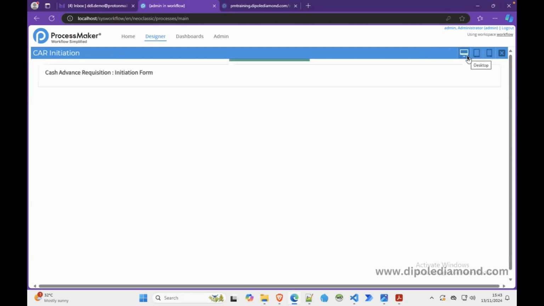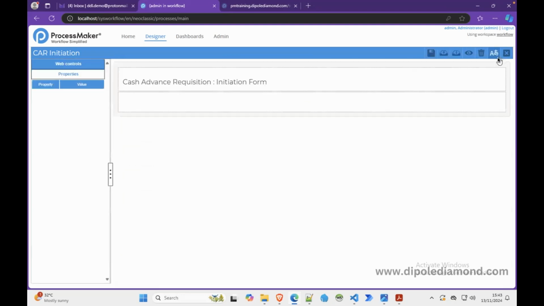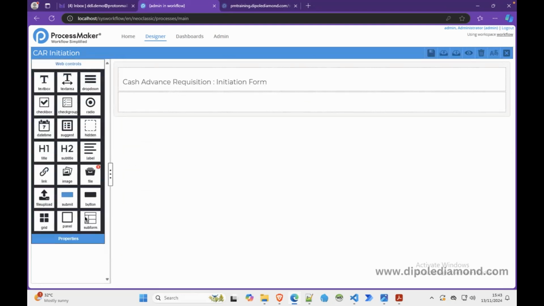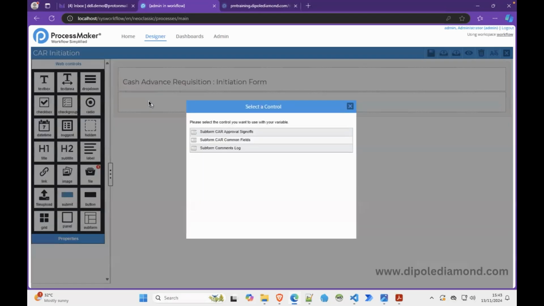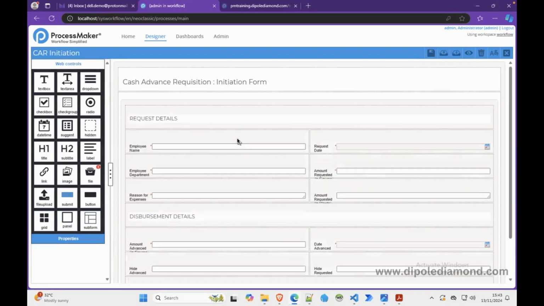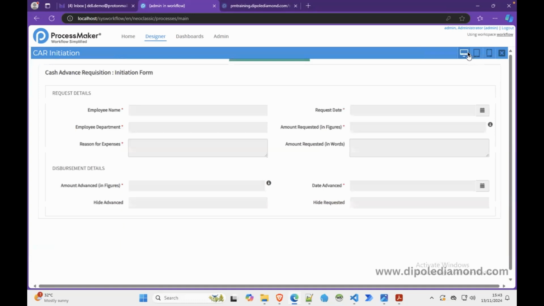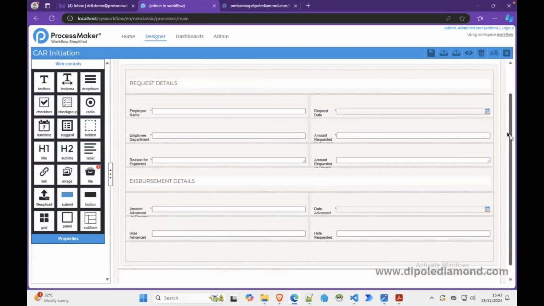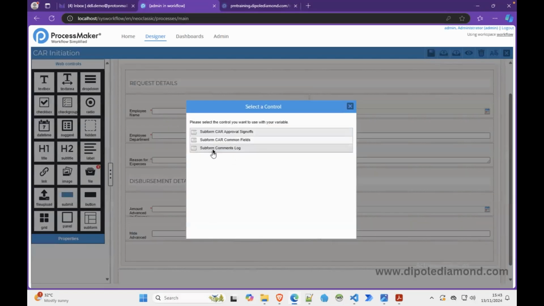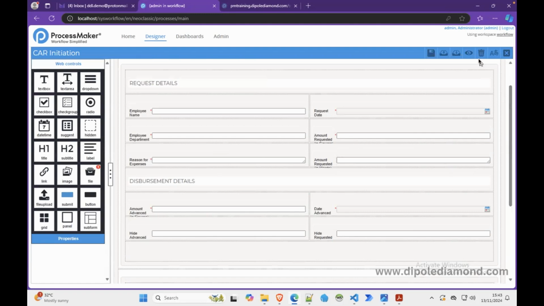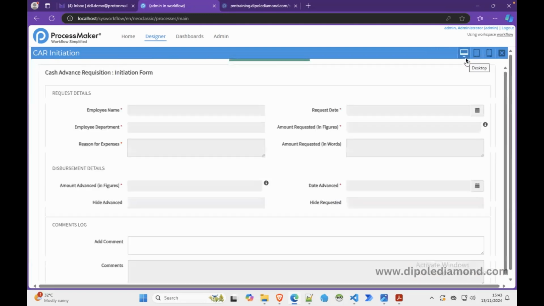Then preview it to see that it's empty. And so what we need now is to use a subform control and bring in the common fields. So if you preview, we now have this. Then the next thing we want to do is add the comments. So bring in another subform and take comments. You preview, this is what you see,